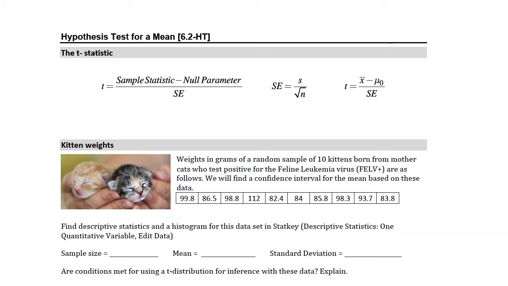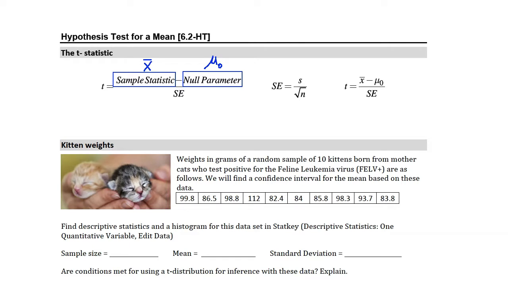So let's look at a hypothesis test for a mean, again using a t-distribution. Our t-statistic follows the same pattern that we saw for our test statistic in general: sample statistic minus null parameter, divided by standard error. So if we now fill in the fact that I know my sample statistic when I'm working with one mean is always x bar, and my null parameter working with one mean is always mu naught,